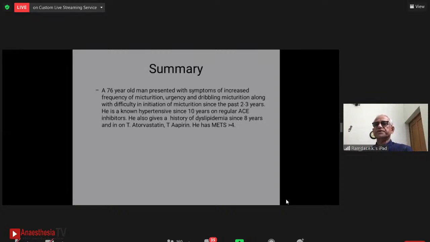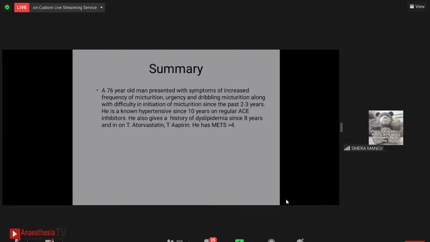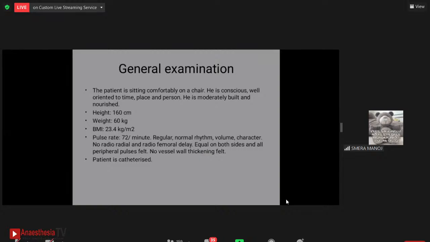Okay. Yeah, continue. So he's going to general physical examination. The patient is sitting comfortably on a chair. He is conscious, well-oriented to time, place, and person. He is moderately built and nourished with a height of 160 centimeters, weight of 60 kg, and BMI of 23.4